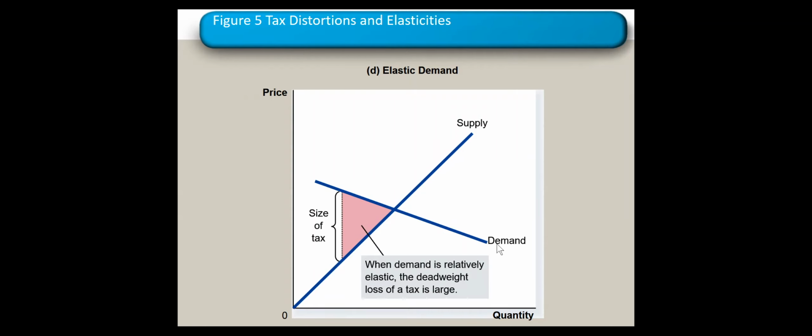If both supply and demand are elastic, that is the worst case. That means we will have a very large deadweight loss in this case. Why? If both supply and demand are elastic, both of them are ready to just abandon the market due to this tax. But usually this is not the case. If there is a very elastic supply and demand, usually people will not even go for producing or consuming that good. They will find a substitute for it.